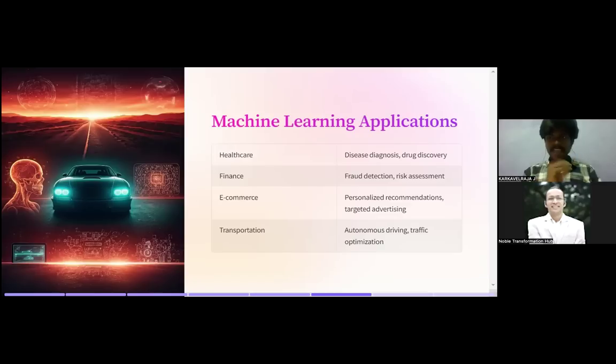It is just, I will say, 0.001% of the applications we have shown in this slide, because on this slide it's going to take more space. The space will not be enough for specifying what applications machine learning has. We are just giving random examples. These are the applications that machine learning has.